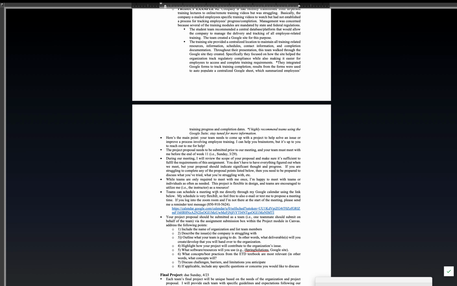the required meeting that needs to happen between week 7 and 11, to go over the project proposal, because you need to meet with me to go over a project proposal. So if you're having issues putting together a proposal for this project, then we need to meet for that specifically. Okay, so when you're scheduling a meeting with me, you can click on this link,